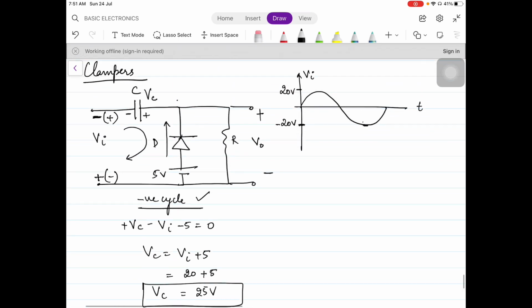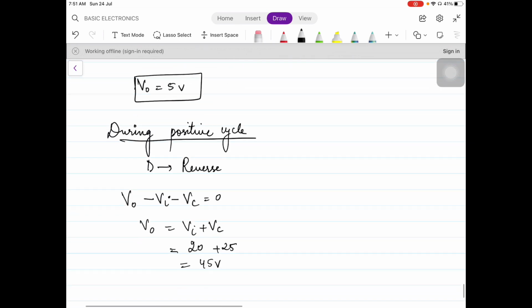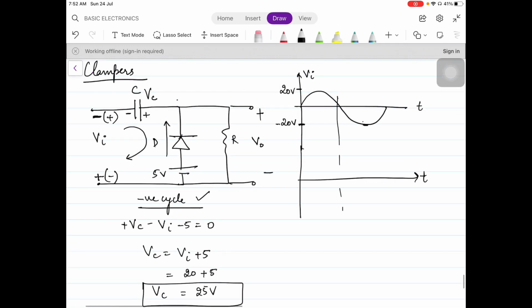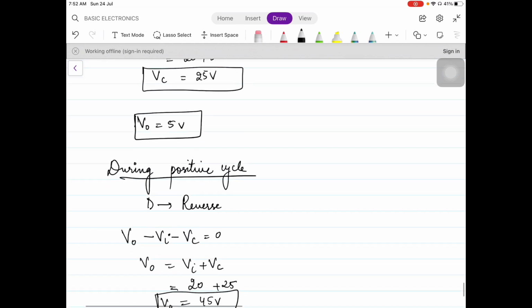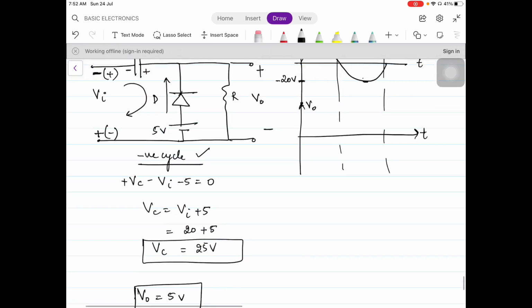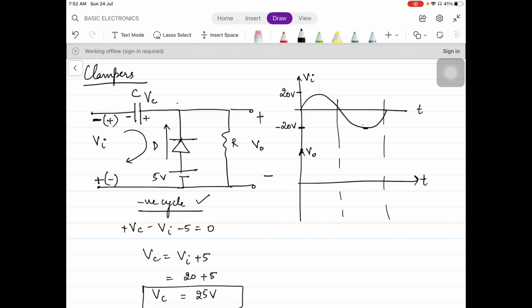Now let's draw the output waveform. We have calculated the V naught for both the cycles. Separate the cycles, prepare the axis. For the positive cycle, अब आपका आंसर क्या आ रहा है पॉजिटिव साइकिल में 45 वोल्ट, यानी जो वैल्यू पहले 20 पर थी अब वो किस पर शिफ्ट हो चुकी है, +45 पे, यानी जो शिफ्टिंग है वो +25 की है। तो जब +25 की है तो अब आपको तीन वैल्यूज में 25 वोल्ट ऐड करना है।